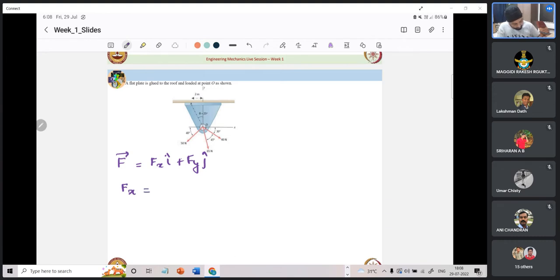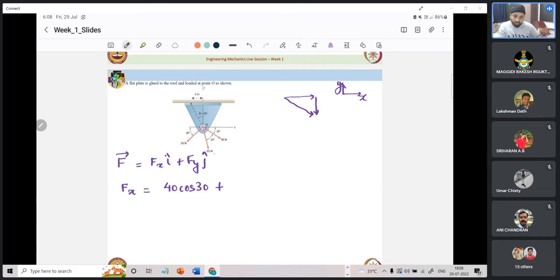For this 40, which is applied like this, this is our x component, this is our y component. We have to note that the positive coordinate axes are given like this. So our y component for 40 is negative and the x component is along the positive x direction, so it is positive. So we can write 40 cos 30